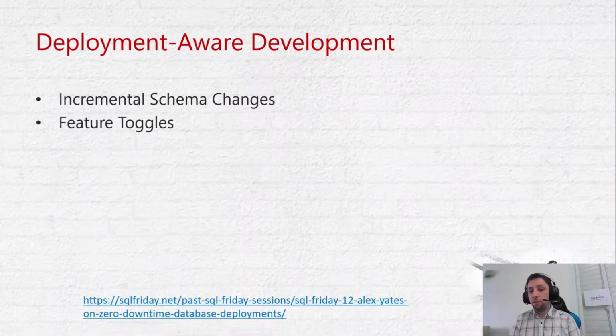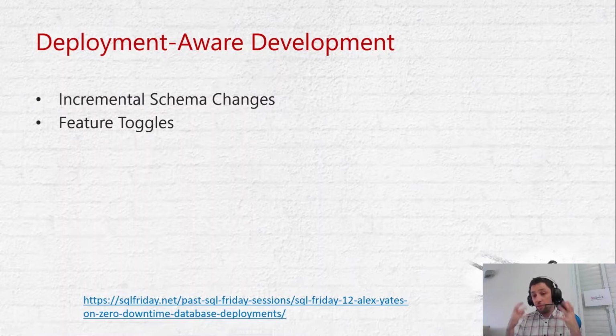Right, so starting with the deployment-aware development, as I call it. It is when you have the mindset during the development stage where you are aware that whatever changes you are doing, they are going to be deployed to a live database. And there are precautions that you would need to be taking as a result of that. So first and foremost, a very important guideline is to have incremental schema changes. The idea here is that you would not be making any significant changes that could potentially risk data loss. For example, dropping a table, dropping a column,